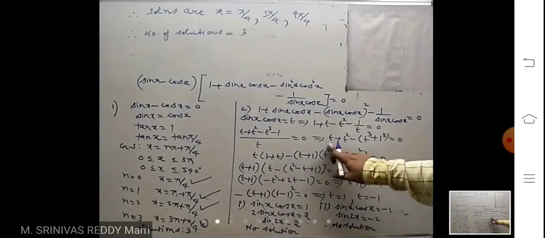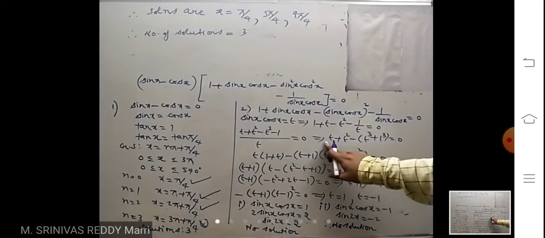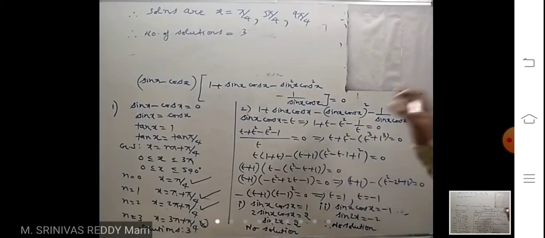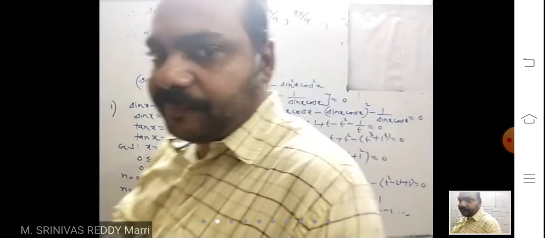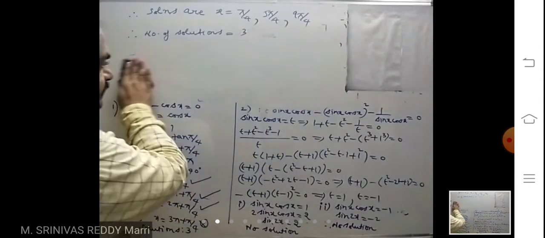Here you got a cubic equation. Here I have clubbed a cube plus b cube. If not, do the synthetic division and then find the values of t. So like that, these models are very important from the IIT point of view. If you write the first step, you will get clarity. Look at the next models.